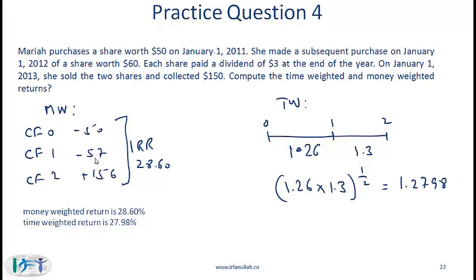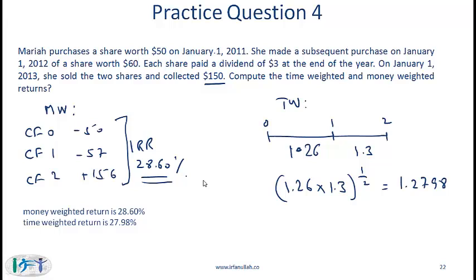So net cash flow is 57. And at the end of year 2, you sell the shares for a total of 150 plus you get $6 dividend. So the total cash flow is 156. Compute IRR and you should get 28.6